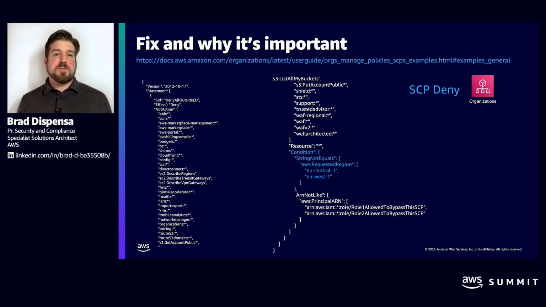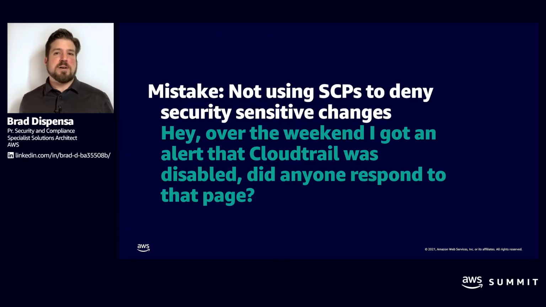but then at that point we can constrain access to only a specific region. For those in the US federal government, this is something that's really important if you want to make sure that you have US CONUS only operations. Allowing those service control policies to exist to only allow access to US regions makes sure that you're compliant with any of those regulations. And also, going back to that example earlier where we had the GuardDuty event notification where we forgot to turn it on in every region, using this SCP deny will also prevent the use of regions that we're not constantly monitoring.